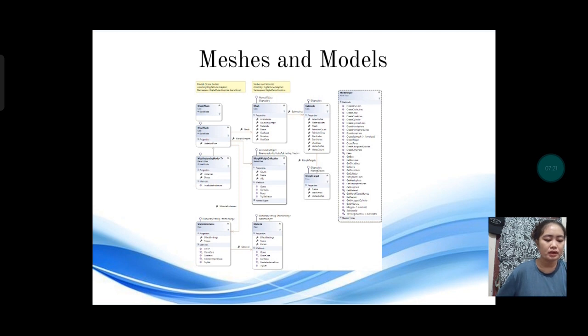So, in rendering models and meshes we have the mesh renderer. A material specifies one specific shader to use, and the shader used determines which options are available in the material.